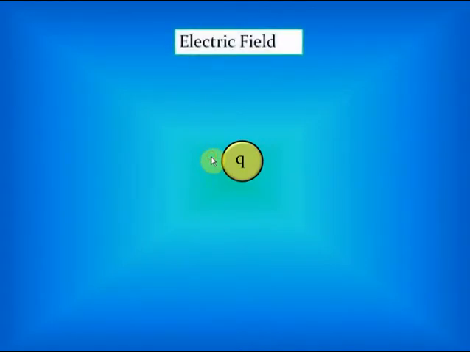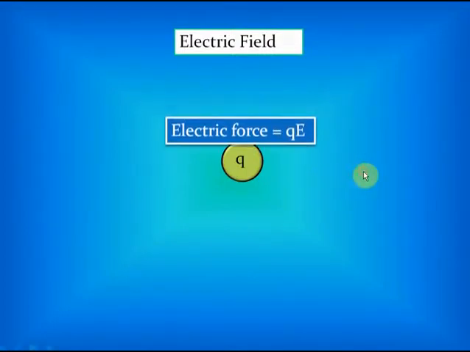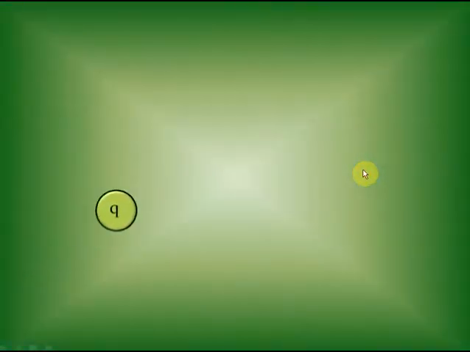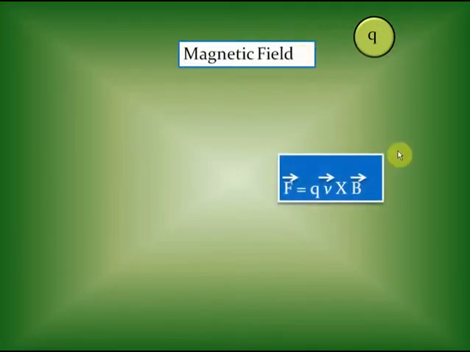So, if you have a charge Q which is stationary, an electric force QE acts on it, isn't it? There is no doubt about it, where E is the electric field in which the charge Q is present. Similarly, just as we have the electric field, we have the magnetic field, and a moving charge experiences a magnetic force when it's placed in a magnetic field. Now, the exact value of the force that acts on a moving charge in a magnetic field has been found to be F equal to QV cross B.